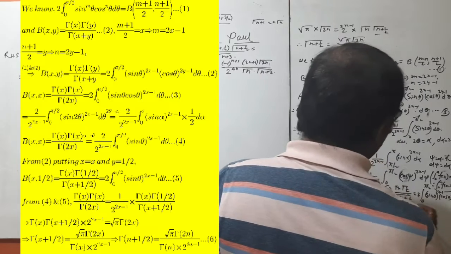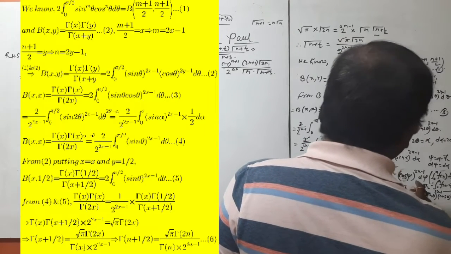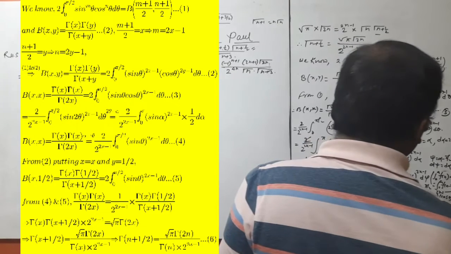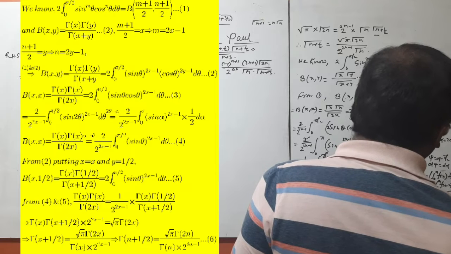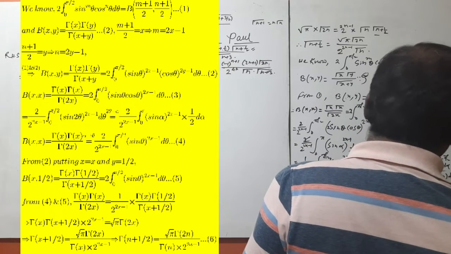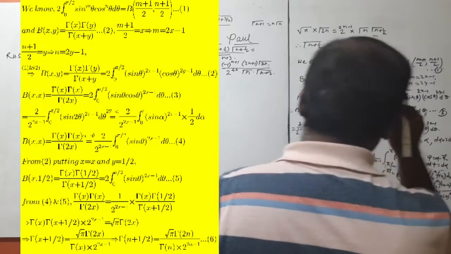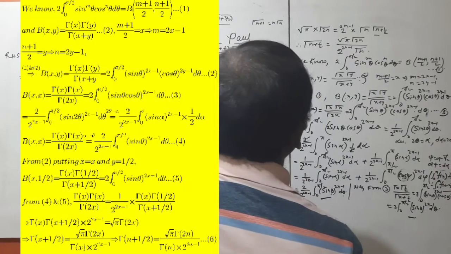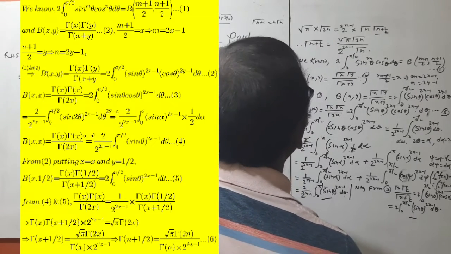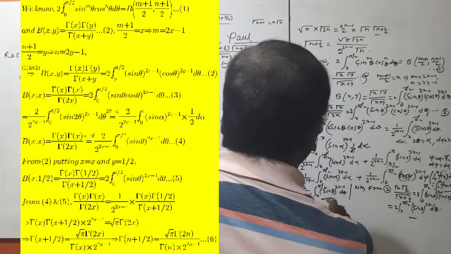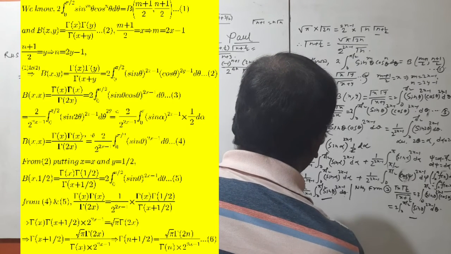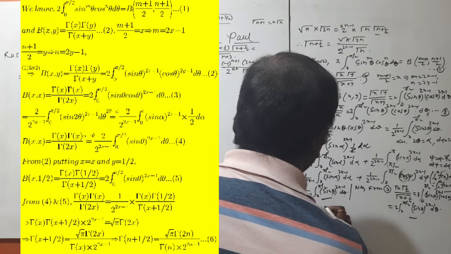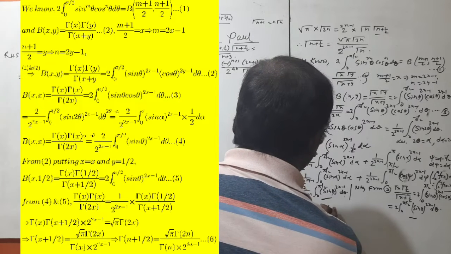So therefore this is the same as, from the figure, 2 times the integral from 0 to pi by 2 of sine theta to the power twice x minus 1 d theta. So both are the same. So from this, equating this to this, we get gamma x over gamma twice x, and this is equal to 1 by 2 to the power,